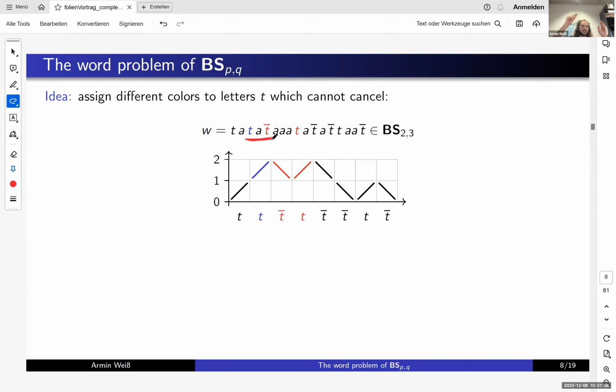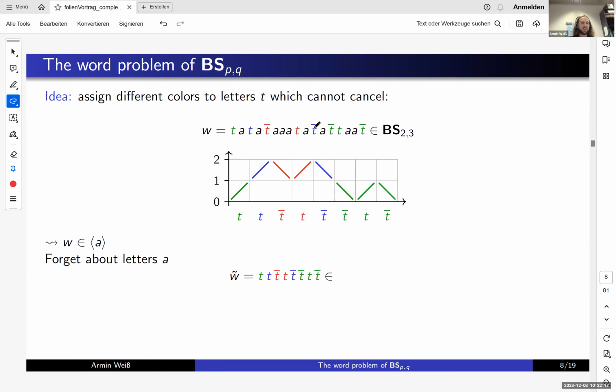Yeah, because if there were two A's, A squared, then we could apply the relation T A squared T inverse goes to A cubed. But here we cannot apply any relation. We can apply a relation to this T inverse A cubed T, because that's equal to A squared. And so we also see that the two blue T's potentially can cancel. But certainly the green T cannot cancel with the blue T, because it's already on a different level of this topography. But the green T's might cancel with each other, and so we have this.